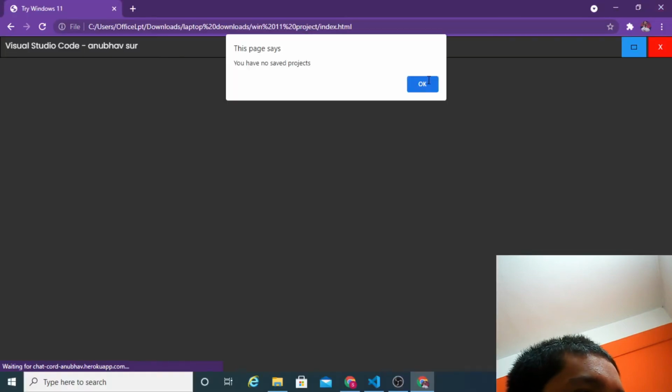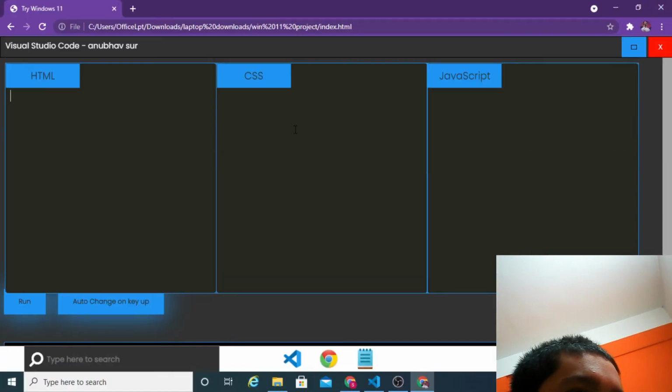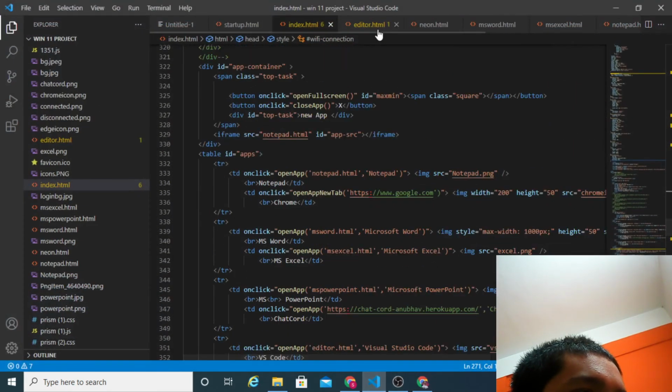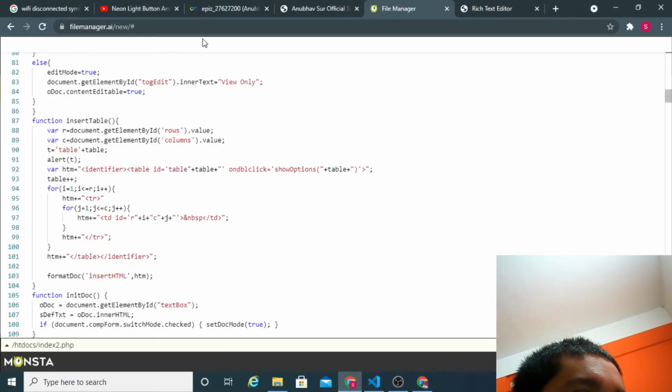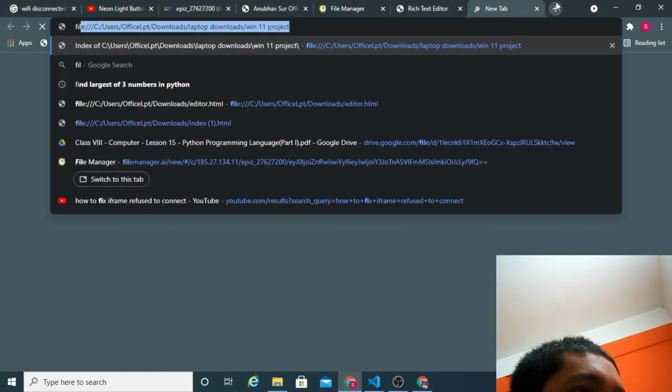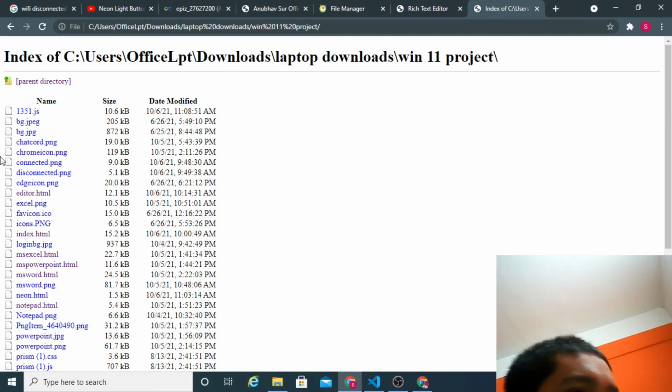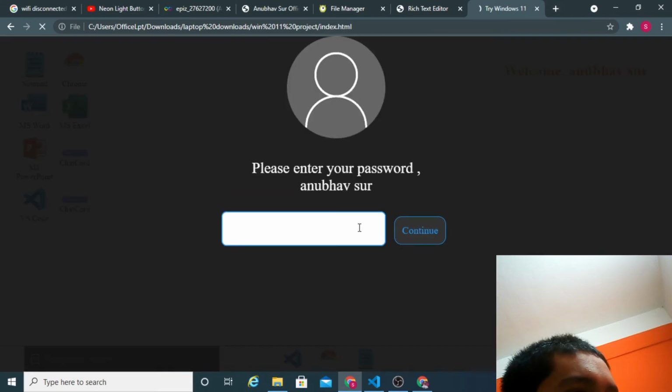So actually this is an application like Visual Studio Code. Over here I have the actual Visual Studio Code, and this is the mini version of Visual Studio Code which I had made. From my main account, if I open my Visual Studio Code, I have to log in again.